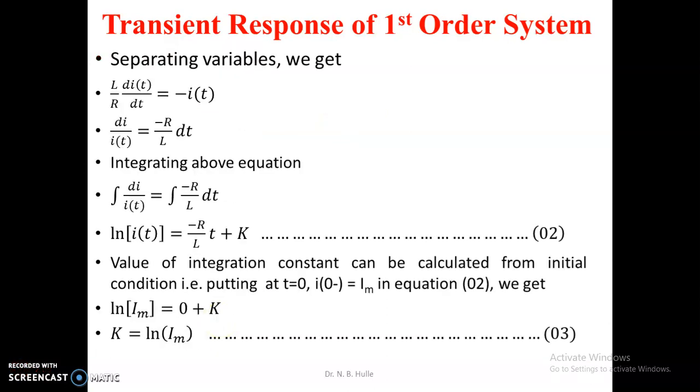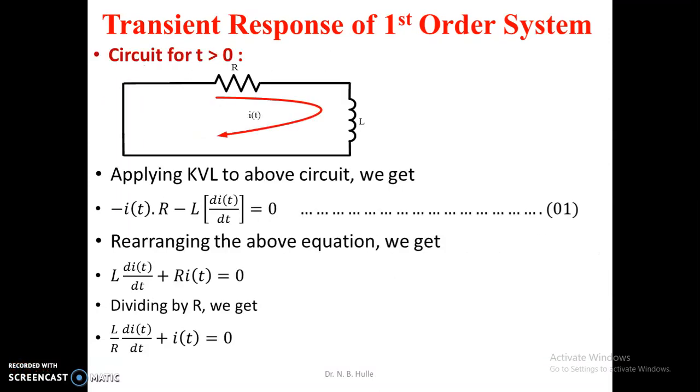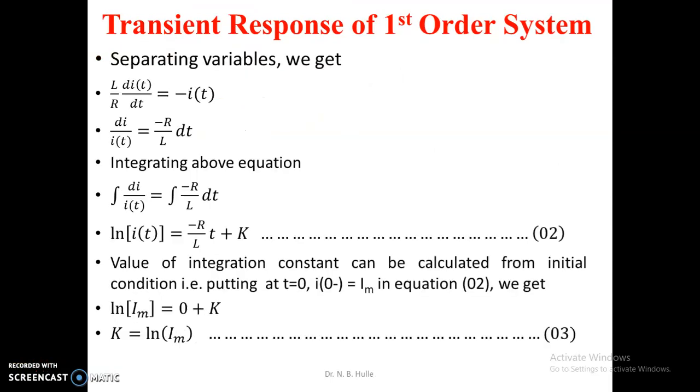Now if we analyze the circuit further, we separate the variables, that is L upon R, di(t) upon dt, which is equal to minus i(t). Here in this case, this i(t) we are shifting to the other side, so it will become minus. Separating the variables, this is di upon i(t), which is equal to minus R upon L into dt, and if we take its integration,